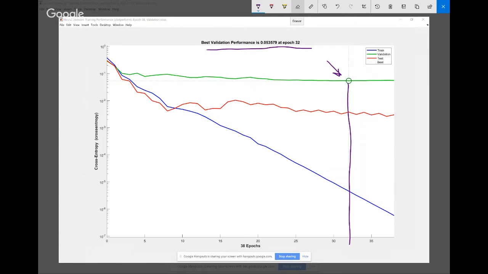This plot is the cross entropy versus the 38 epochs. The blue line indicates the training samples, the green line indicates the validation samples, and the red line indicates the test samples.